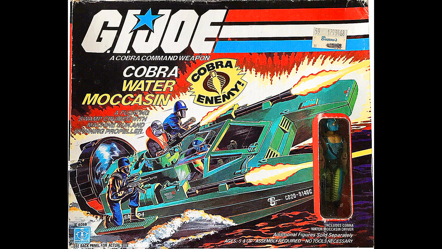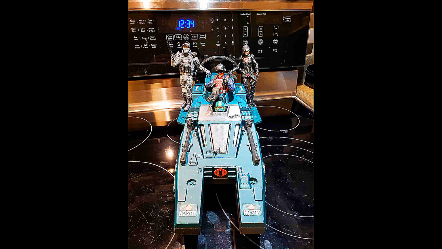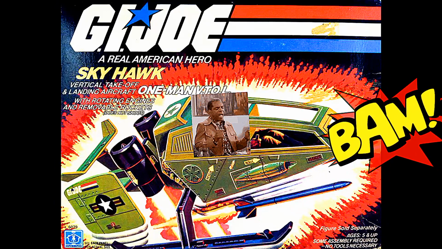The reason why I had Water Moccasin thrown in there is because we haven't had a water vehicle yet. And we already got Copperhead. So that would be something that you gotta have with Copperhead. Then for the Snowcat, the reason why I say that is because with Snow Job, there's a vehicle in there that looks like it could be an updated version of what the Snowcat is, which is why I say that. But what I really truly believe is that we're going to get the Skyhawk, because from what I've been noticing since Classified jumped off,